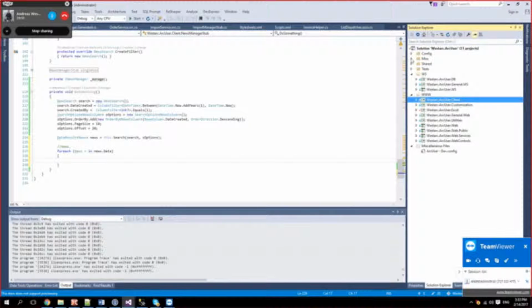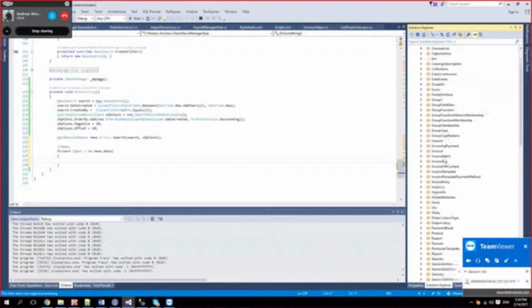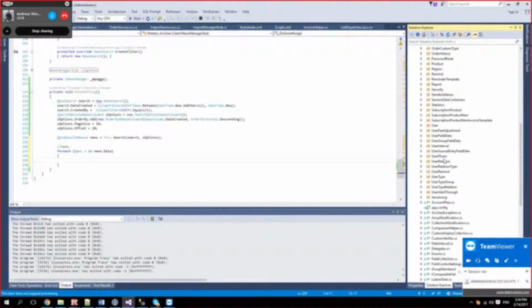Well, let's take a look at the shared structures then. Of course, there are some data structures that pass between the front end and the back end. And first of all, there's the data layer. Here we have all the entities that flow between the front end and the back end, and even some structures that don't flow between them, just data structures in general.